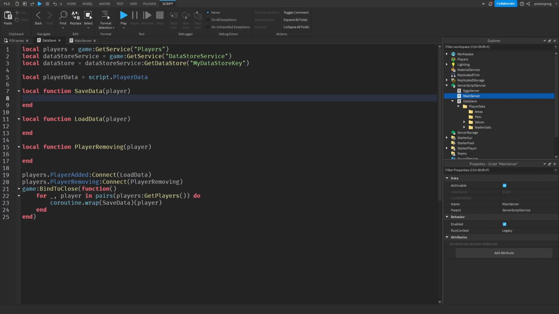And after doing that, inside of the player removing function, I'm going to call the save data function. So save data player. So whenever a player leaves the game, we are calling the player removing function, and we are going to call the save data function. Now, after doing that, I'm going to go back to my save data function,